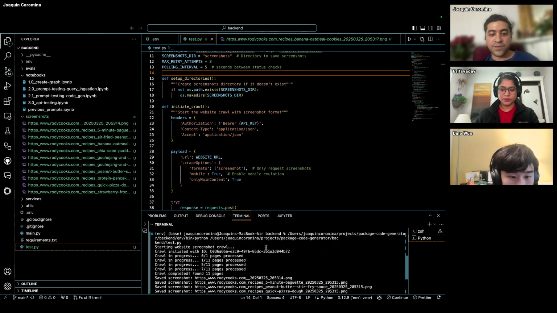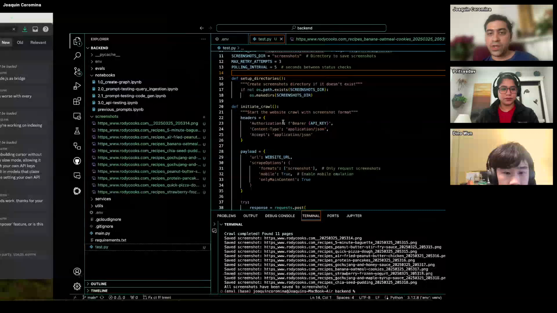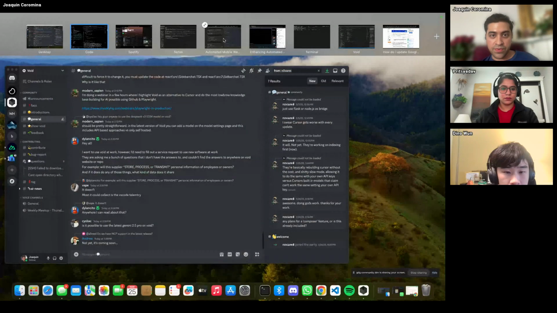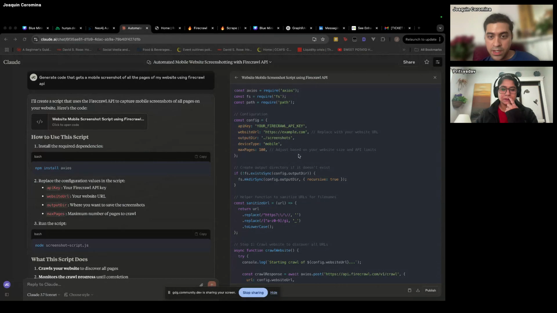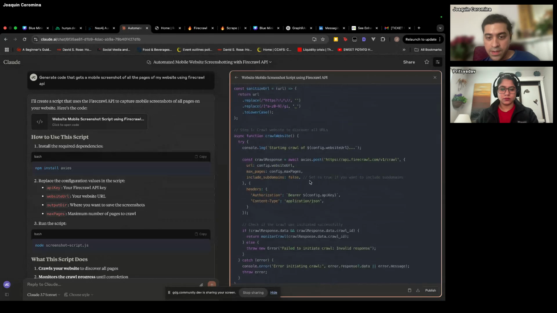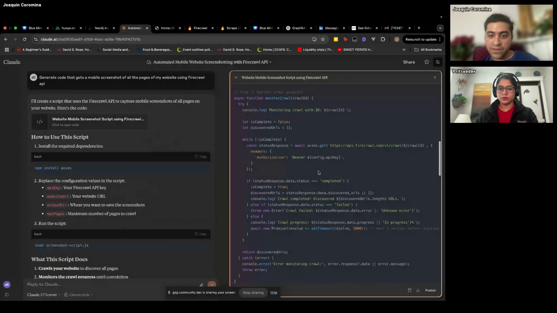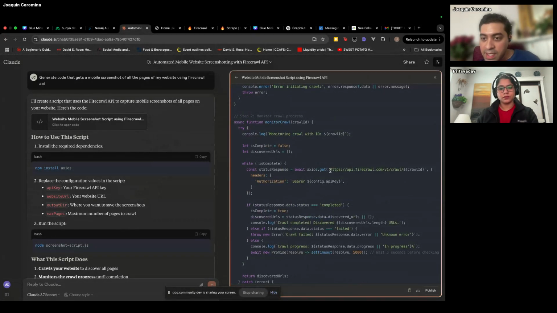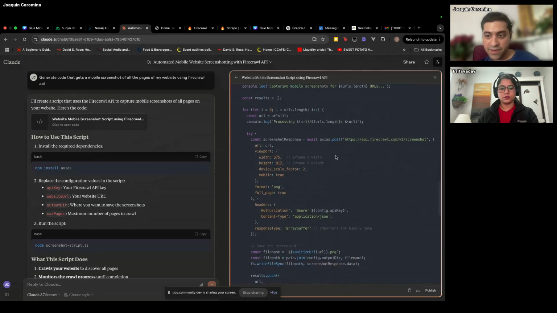So we were able to get a successful crawl writing Firecrawl code. Now note that when you cross-reference this code with the same code that was recommended directly from Claude, which is here, the two things that I noticed right away is that inside of Claude, it does not use the mobile scraping feature that's available from Firecrawl because that was only made available about a month and a half ago.